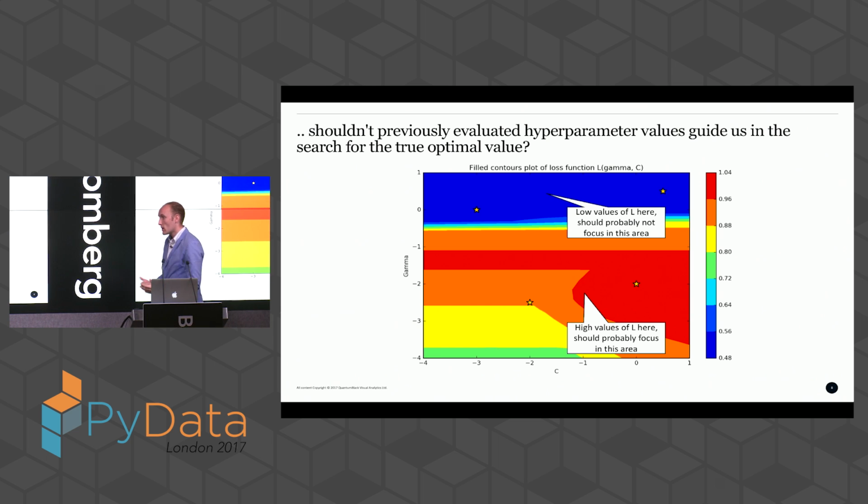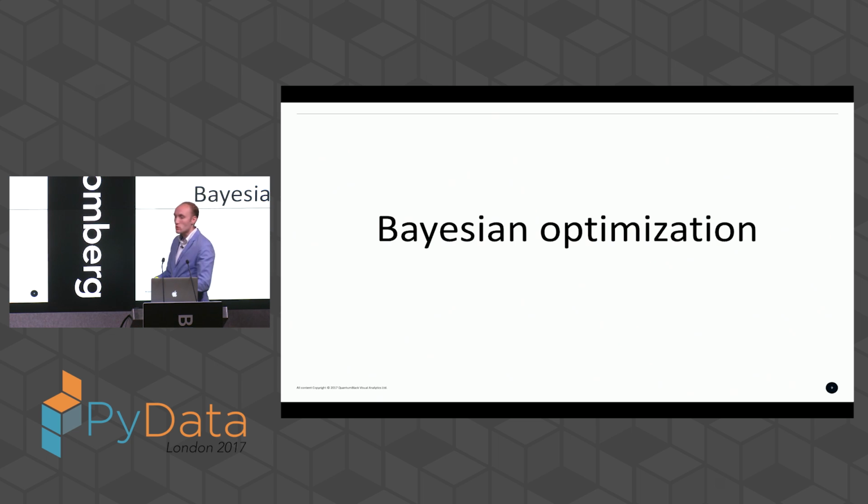So I was wondering, okay, how can I do this, right? And one way of doing this is through Bayesian optimization. Bayesian optimization is a specific type of algorithm that falls into a wider class of what's called sequential model-based optimization algorithms. This is a very fancy term, right? But what it means is just that we have a performance function, and we're building some kind of probability model for that loss function